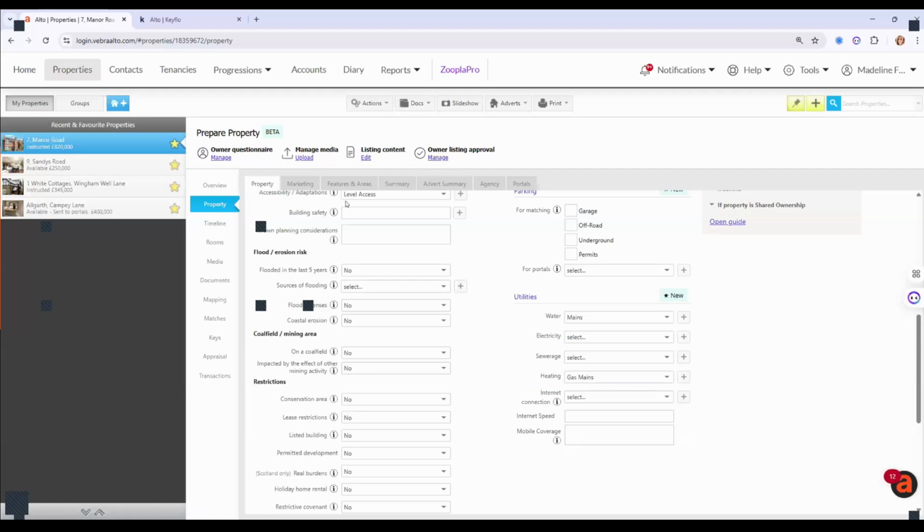What we can do from here, now you've got all that essential information from the owner, I will just make a little note on that as well. The questions aren't mandatory, so it doesn't stop them from sending it back if there's information that they don't know. It may be stuff that you may need to update yourselves as well. So the next one that we can go to is our listing content, because this managed media is new, but it's built within the listing content. So if I click into this,